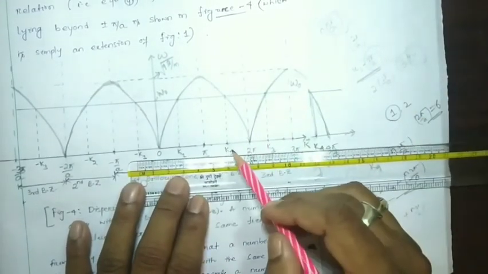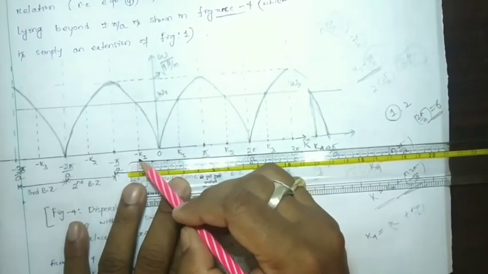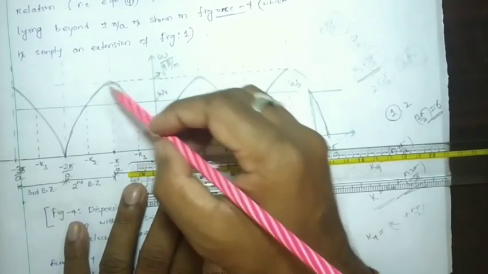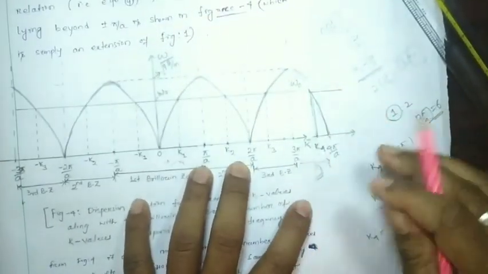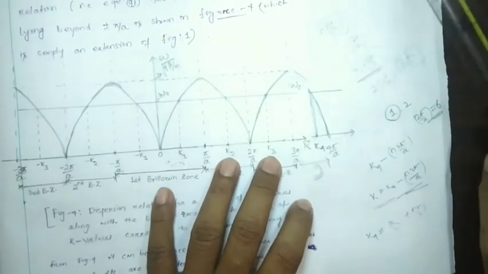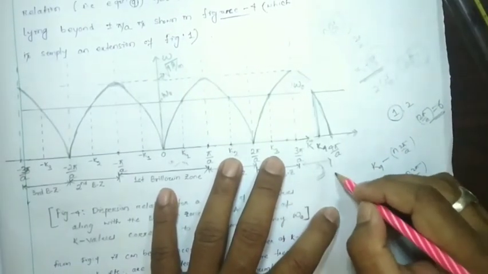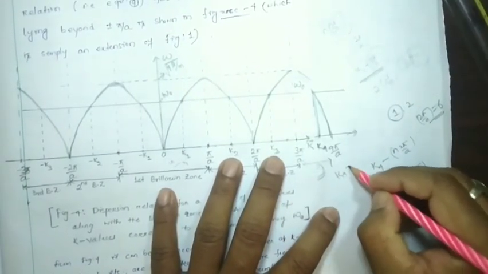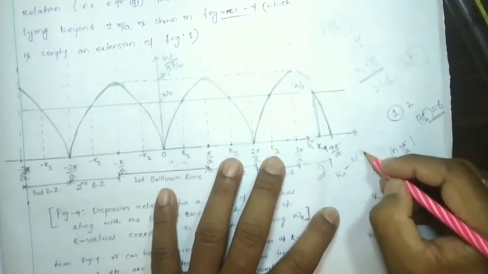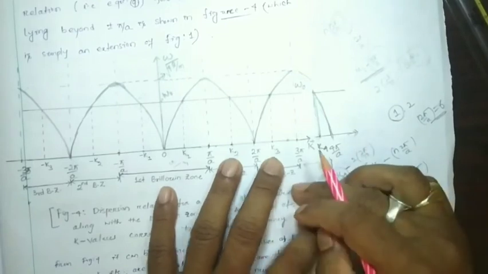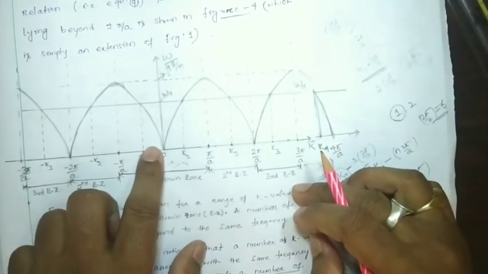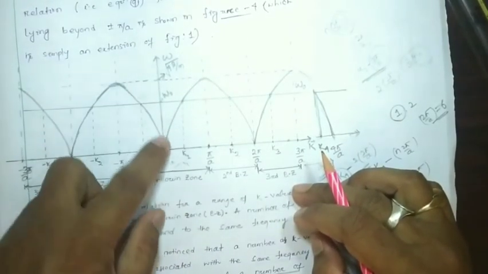Next 6 means I reach minus K1, which belongs to the first Brillouin zone, and is exactly the same as the dynamics of this one. So here how much have I subtracted? I have subtracted from K4 2 into 2 pi by a. I subtracted this much from K4 and I reached inside the first Brillouin zone, which has the same dynamics as